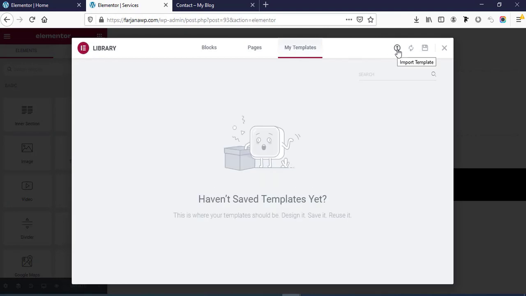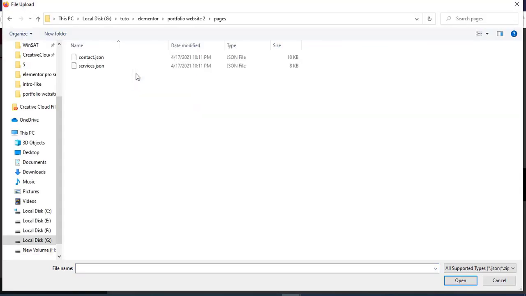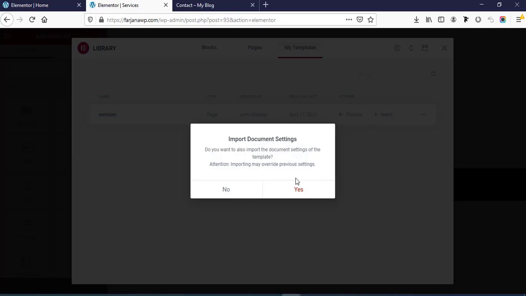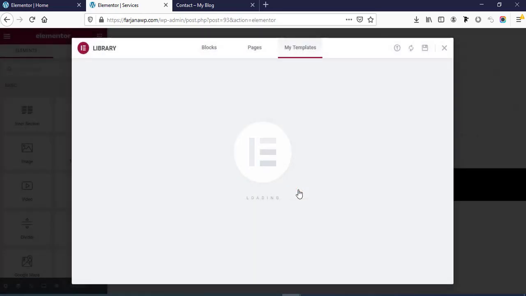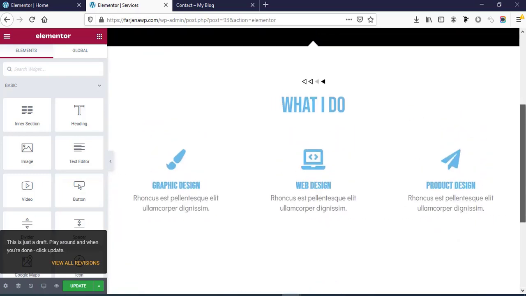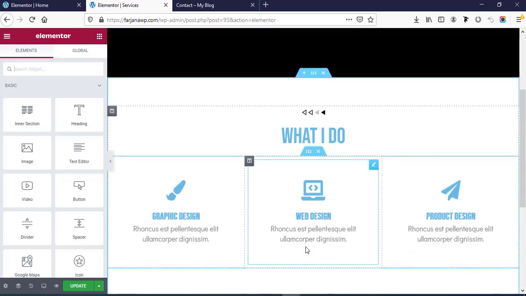So here, import template, select file. From here, pages, and here, service, then open, and now click on insert. Okay, so here you can see this page is already imported, but this blue color is coming from